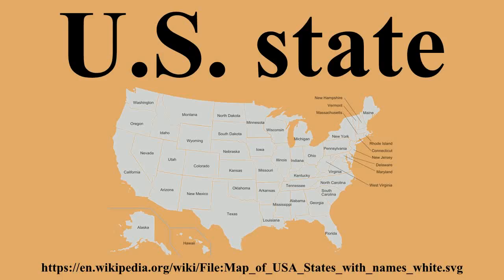Admission into the Union. Article 4, Section 3, Clause 1 of the U.S. Constitution grants to Congress the authority to admit new states into the Union. Since the establishment of the United States in 1776, the number of states has expanded from the original 13 to 50. Each new state has been admitted on an equal footing with the existing states.